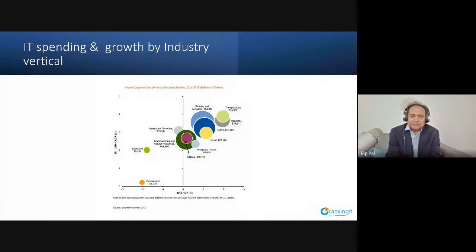So this tells you the different sizes, meaning how many IT jobs you can expect in that particular vertical, and you're also looking at their growth. Obviously, financial, healthcare and transportation are usually the fastest growing. But when you select this kind of vertical, growth is not the only thing. You need to really look into many other aspects: size, growth, security, stability of the job. There are many other things you have to consider when you are trying to get into a vertical. And let me give you that perspective.